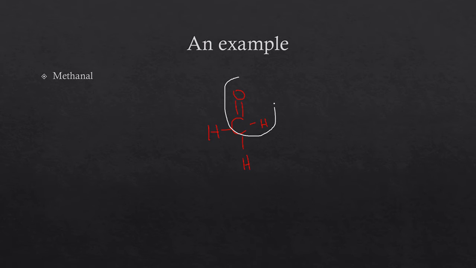Here it can be any hydrogen, I'm just going to use this as an example. And if I were to show a comparison to methane, it looks like this, which is just carbon bound to 4 hydrogens, and methanol looks like this,